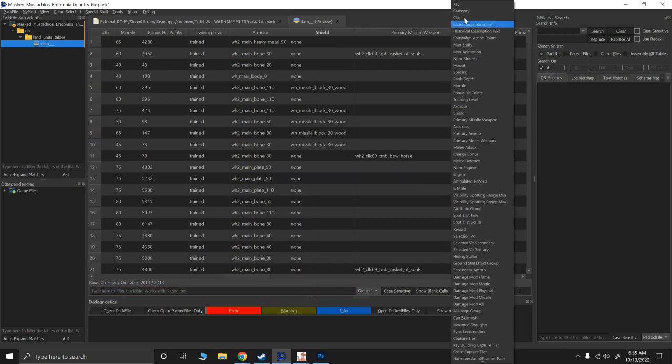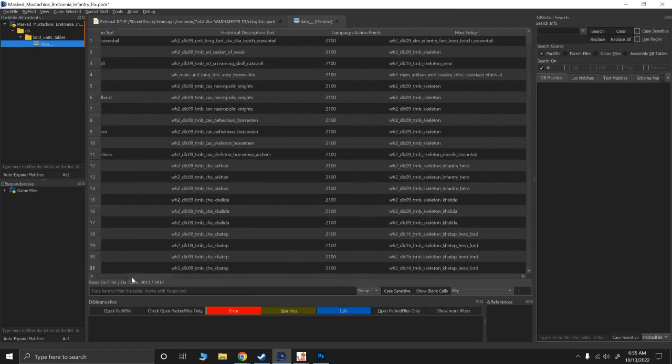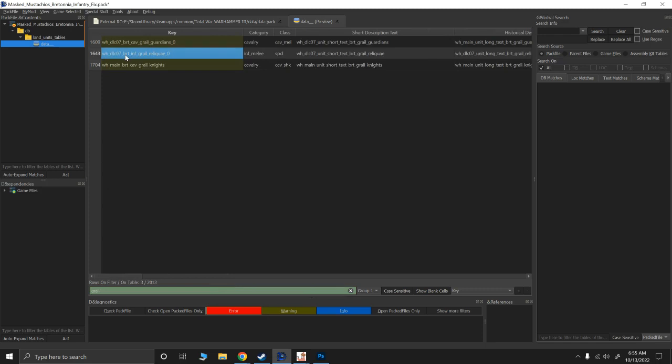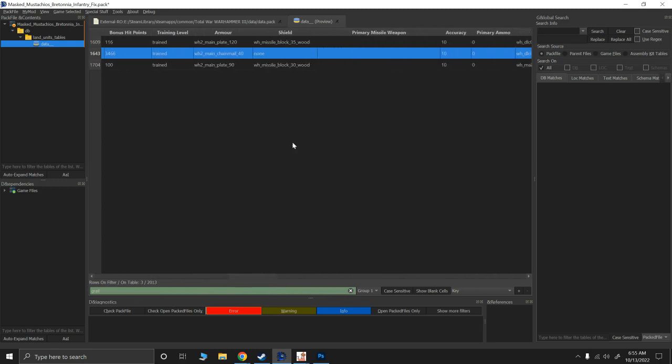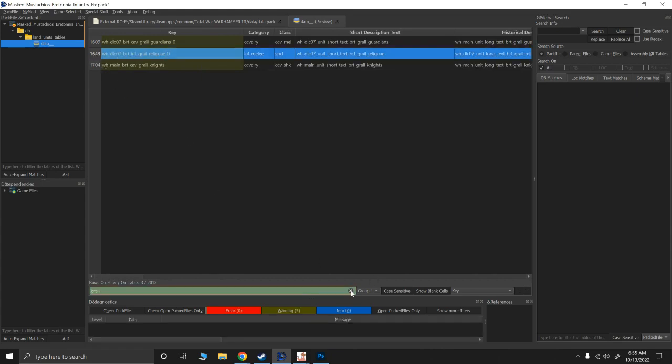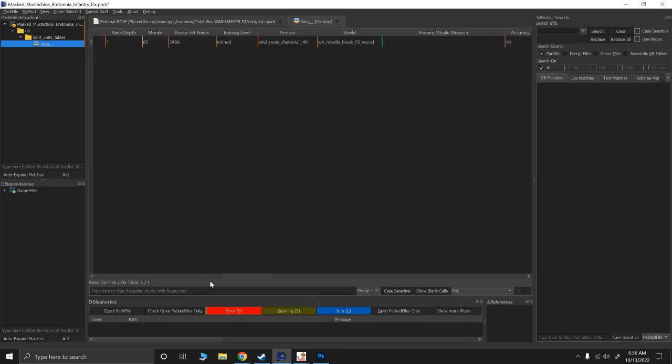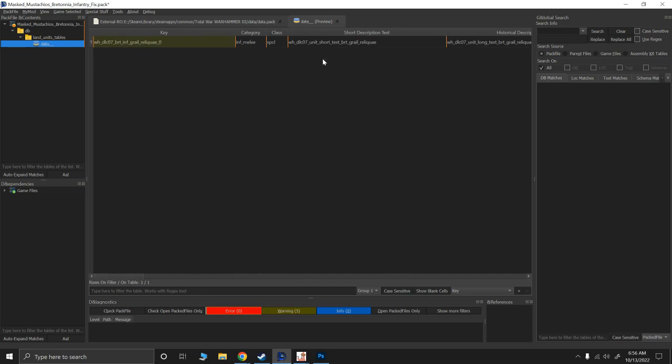And now I'm going to go back to my key, and I'm going to search for my Grail Relic. Right here. So I'm going to replace the shield from none with 55 block. Okay, so I have that change. That's the only change I need to make in land units for this, because I'm not really changing the unit itself. I'm changing the ability and the buffs that it gives. So this is good enough, but you could change all kinds of battle stats in the land units table if you wanted. So now that I have deleted everything I don't need and I'm just leaving the one I need,